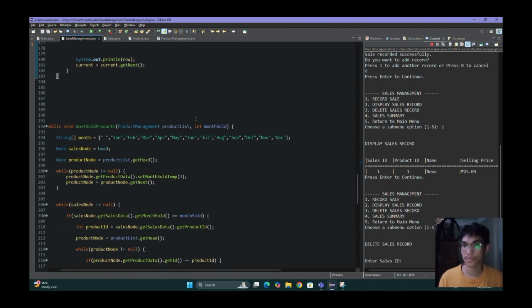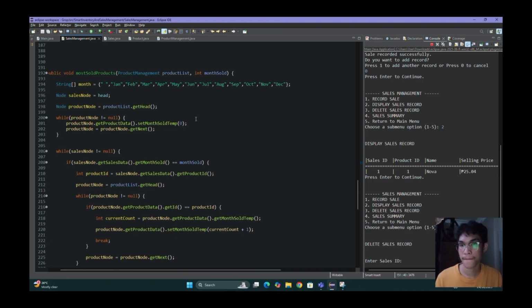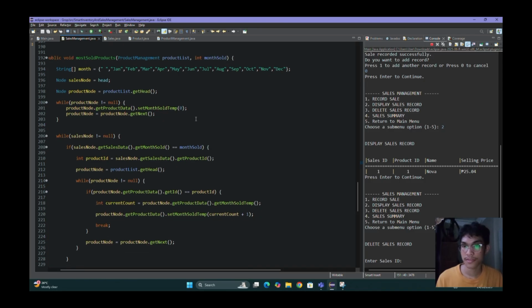First, it calls the most sold product. This method scans through the sales list to find which product was sold the most in that month.